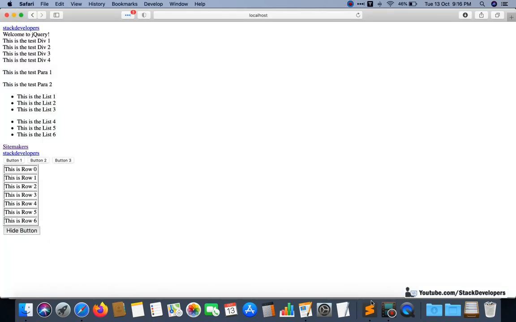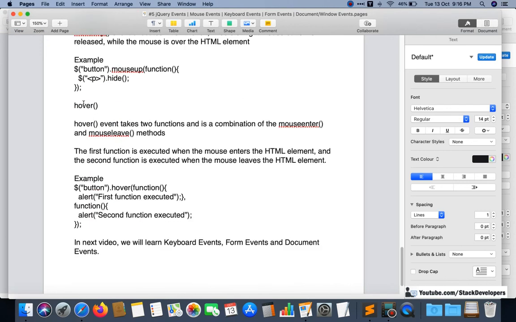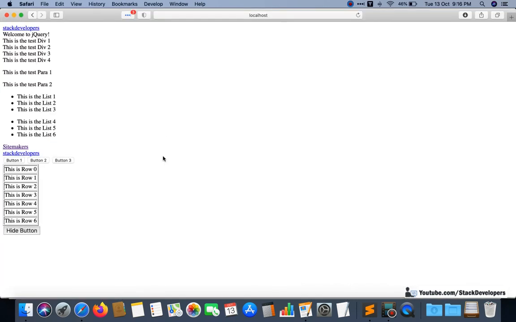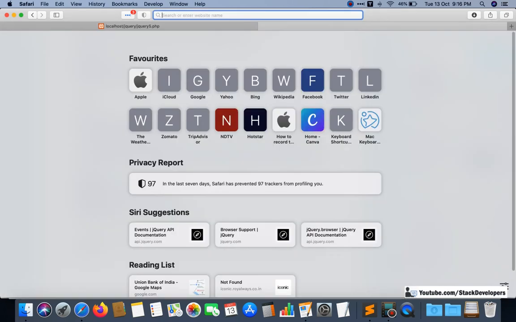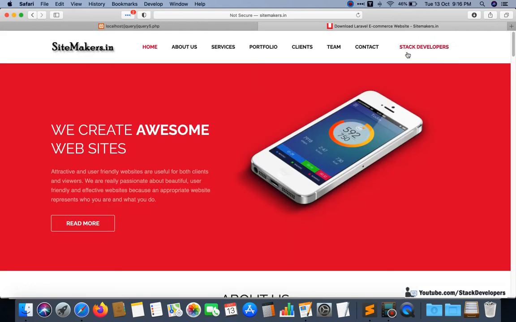So the next event is our hover event, the hover mouse event. Hover, I think you already know, is used in many websites. If you bring your mouse over any text, see, this is a kind of hover.